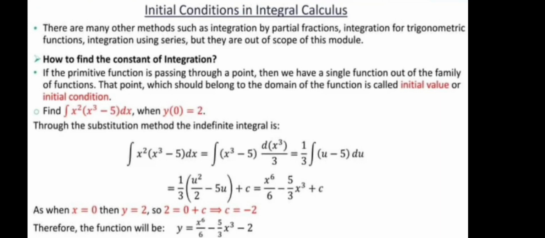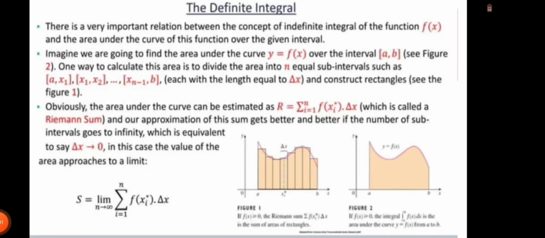Find F of x as the integral of x square root of x square minus 5 dx when F of 0 equals 2. Through the substitution method of indefinite integral, it is as shown. Therefore, the function will be obtained. The definite integral. There is a very important relation between the concept of indefinite integral of the function f of x and the